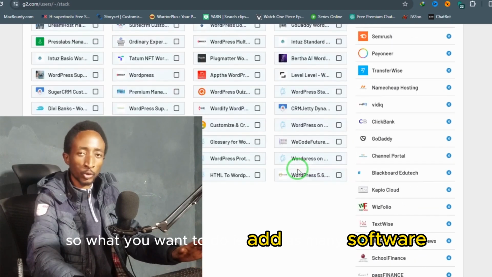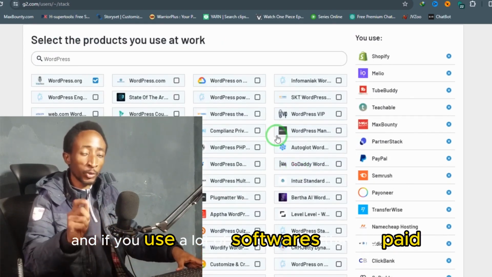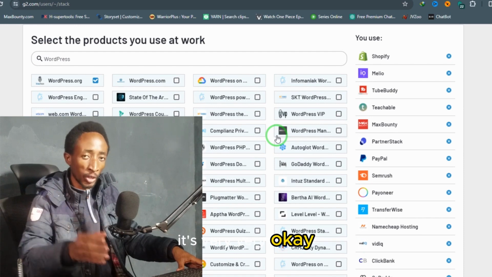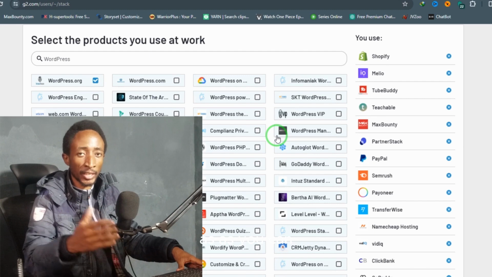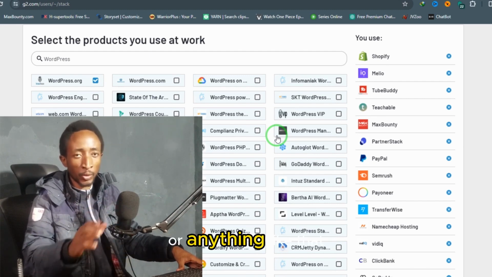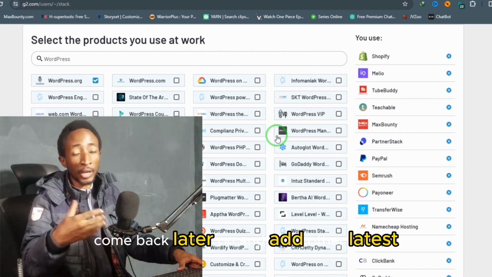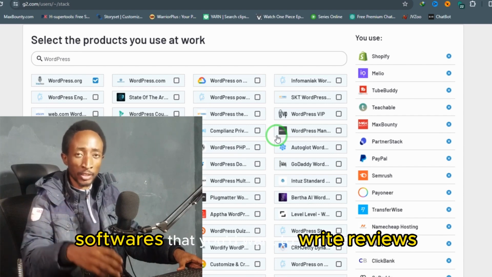So what you want to do is add as much software as you use as possible, and if you use a lot of software that is paid, the better for you. Even if you are on the free plan, it's very okay. What I advise is to add as much software as you can, even software that you've just used, even just the trial version or anything like that. Just continue adding them. Also note that you can come back later on and add other, newer software that you'd want to write